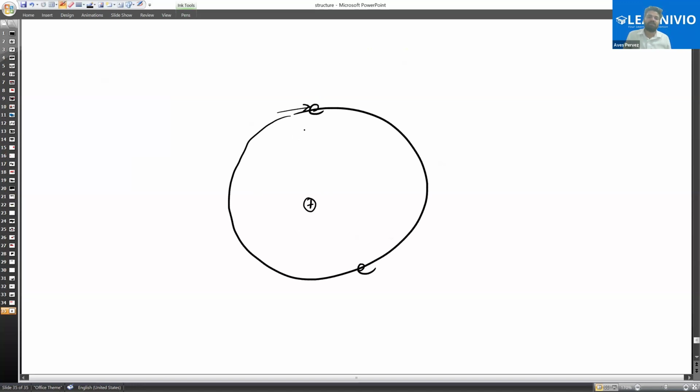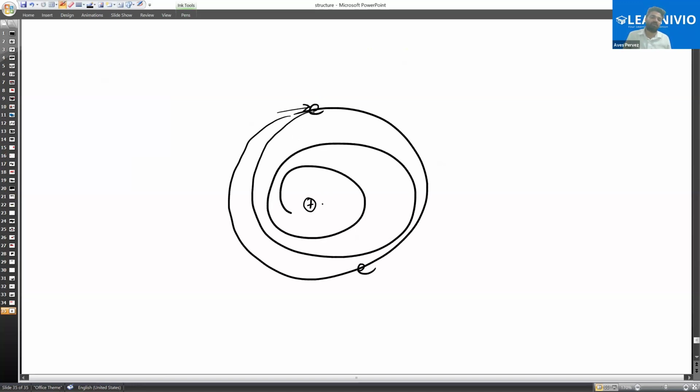It will continuously radiate its energy and will continuously lose it. And when it loses it, it will take no time for the electron to collapse with the nucleus. So he said simply that electrons are negatively charged. Okay, electrons are negatively charged, and